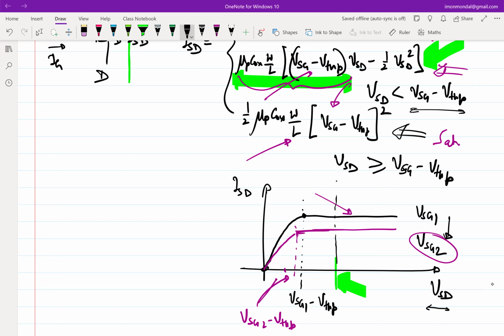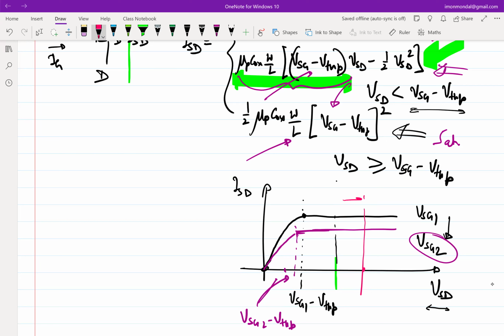Because ultimately, let's say I haven't shown the maximum limit of VSD, but typically the maximum limit of VSD is limited by the battery that you have used. So let's say the battery voltage is somewhere here. You cannot go this side. This is forbidden because the battery will not allow you to. So which essentially means that in order to get a good amplifier, you have to be within this